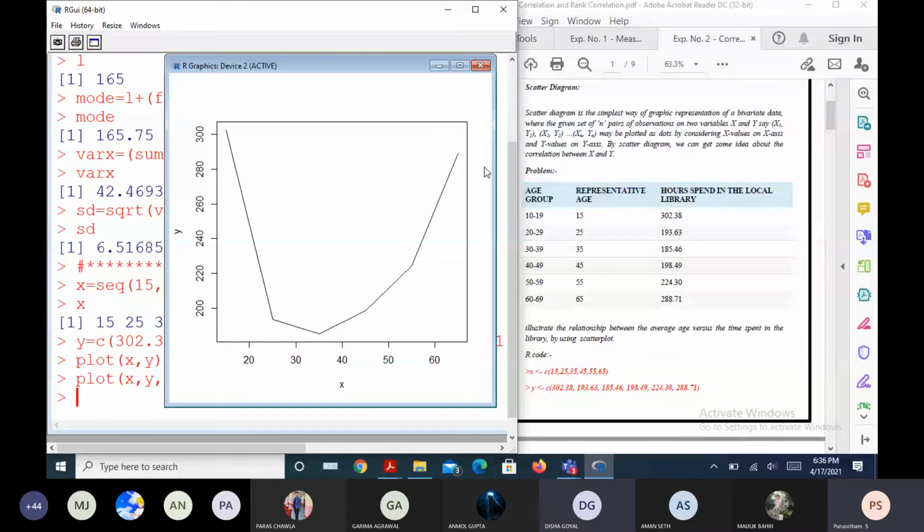So now I wanted to estimate, if the representative of some age group is 70 years, let us imagine, then what would be the expected number of hours they are going to spend in the library?